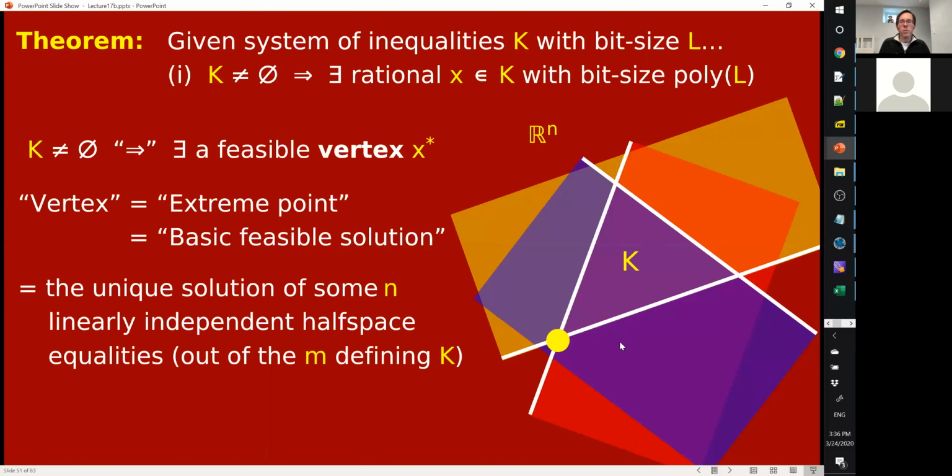So what is a vertex? Remember in this picture, you have m linear inequations in your initial K. If you turn the inequalities into equalities, then you get half spaces. These are depicted by these white lines in the diagram. And we're in n dimensions. So a vertex is the unique solution of some n linearly independent half space equations. If you think of an inequality as an equation in your mind and view that as defining a half space,